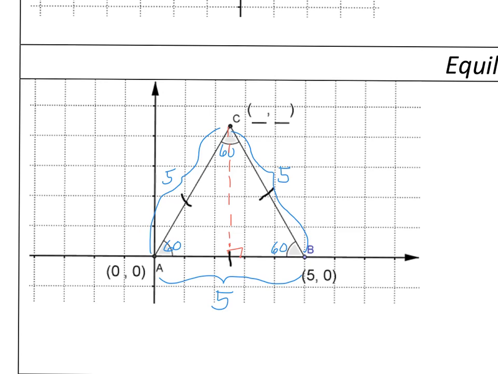In the case of an equilateral triangle, it lands directly here at the midpoint. So that is the midpoint. It's right in the middle, which means that these are 2 equal halves. And if I divide 5 by 2, I get 2 1/2. So this midpoint right here is at